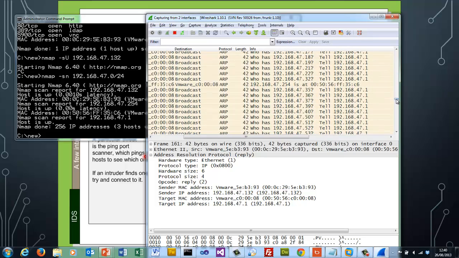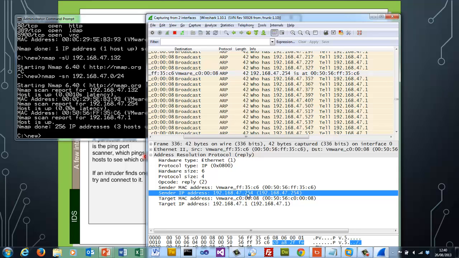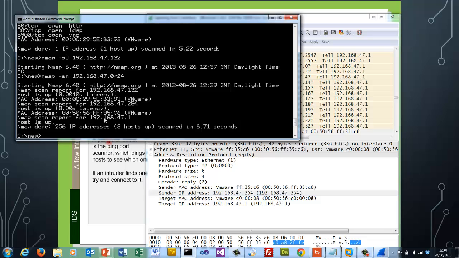So in this way, it's discovered there are 3 hosts that are actually alive, and that's been done through the scanning process. There's another one that's alive, and in this case it's 47.254, which looks like a gateway node on our virtual network. So that defines an ARP scan, but normally we would